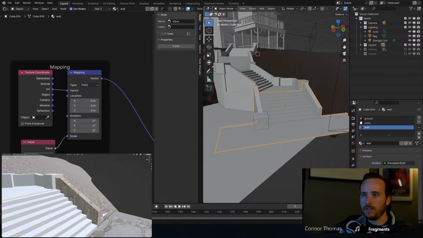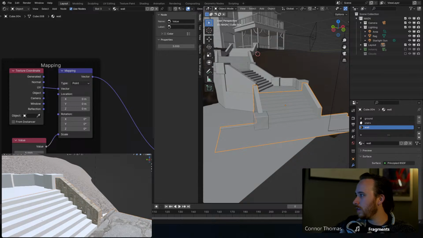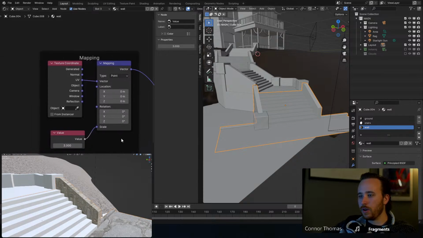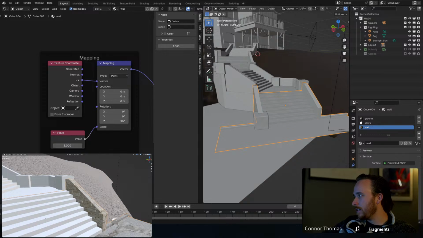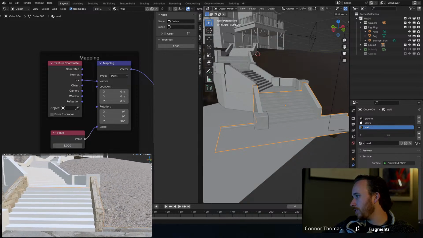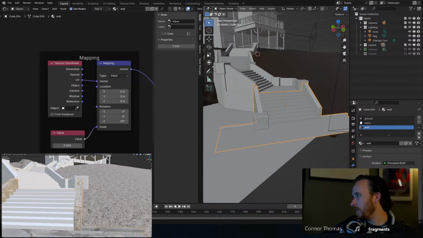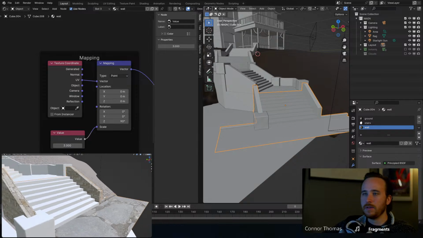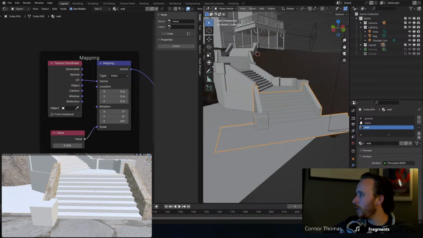And the other thing that we have is this is oriented kind of strangely. We can go into our UVs and then change it there, or we can rotate it ourselves. So I'm going to actually just rotate it on one of these axes. Might be the Z. Yeah. And then now that's going to put it in the correct orientation for us. We could have done that in the UVs, but I find that sometimes it's more useful to just do that in the shader editor,